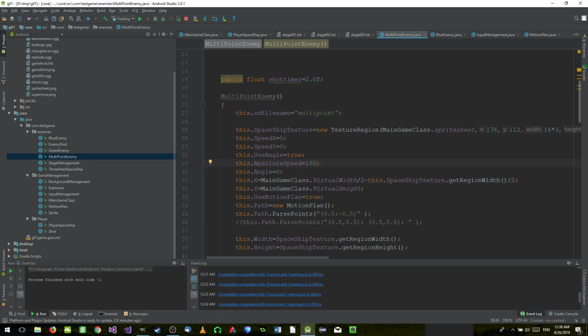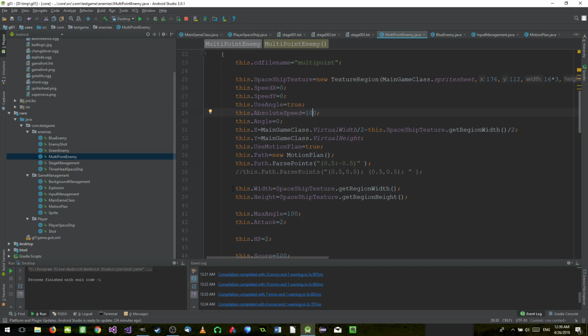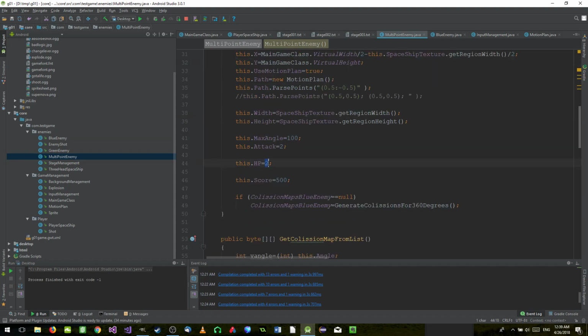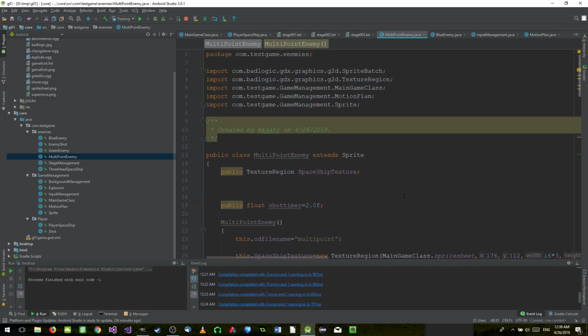The rest use motion plan through the path, and the width, the maximum angle, attack is 2. HP is gonna be 4, so you need to attack it, hit it multiple times, and you will get 700 points for destroying this one. So this is gonna be, let me see,